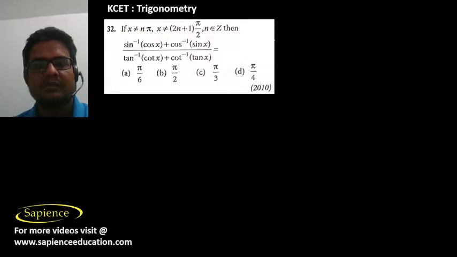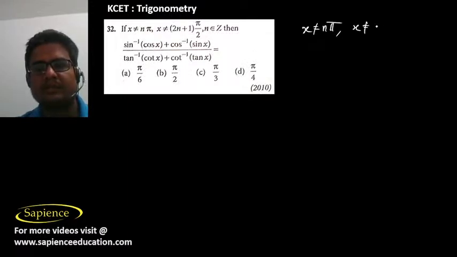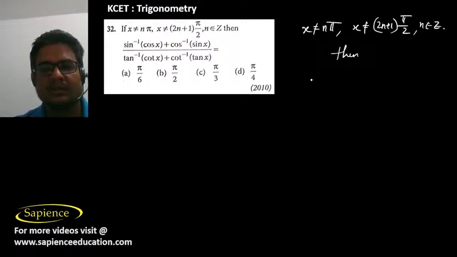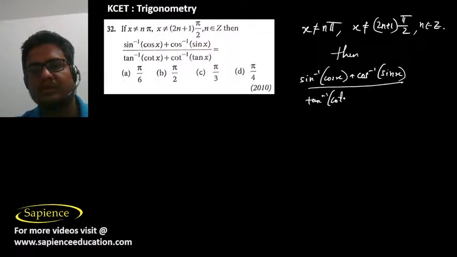Then in question number 32 it has been told that if x is not equal to n pi and x is not equal to (2n plus 1) pi by 2, where n belongs to Z, then the value of sine inverse of cos x plus cos inverse of sine x, divided by tan inverse of cot x plus cot inverse of tan x, is equal to